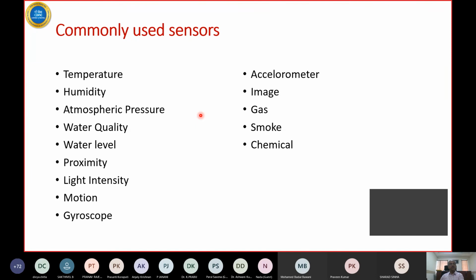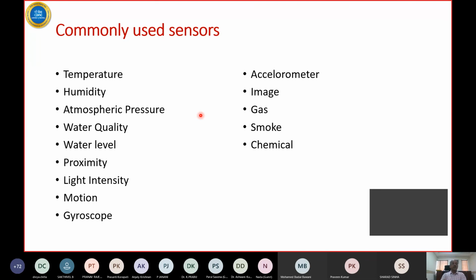Again, in temperature, there will be 5 varieties. There is an RTD, or how you are going to use it, what purpose it is being used for. Is it used for agriculture? Is it for a greenhouse? Are you going to sense temperature below the surface of Earth? So again, that's why I said that if you really want to do justice to sensors, it's a big one, one can write a book on it, in fact.